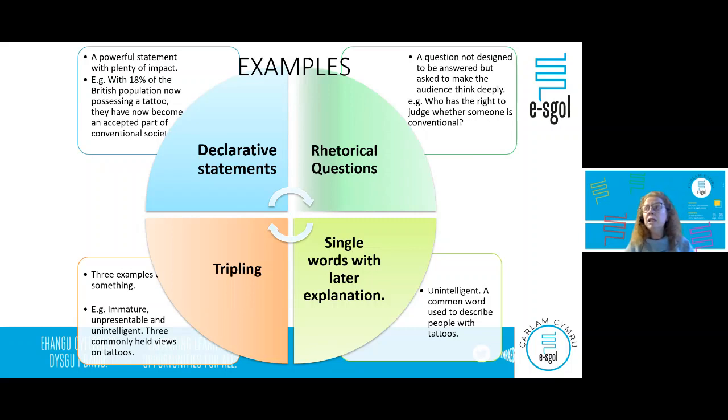Okay, so it's a really good way to think about it. And if you had a topic, so say, for example, our music festival example, why don't you start with a declarative statement along the lines of our local area is in desperate need of some improvements, and an injection of finances from a tourism boosting festival would be great. There is my declarative statement. Yeah. So think about these. There's 4 different ways that you can start there with 4 examples. The examples on this one were to do with tattoos and the opinions of the general public on tattoos.